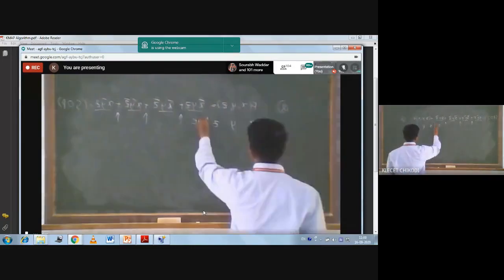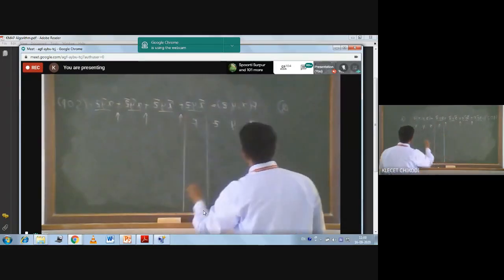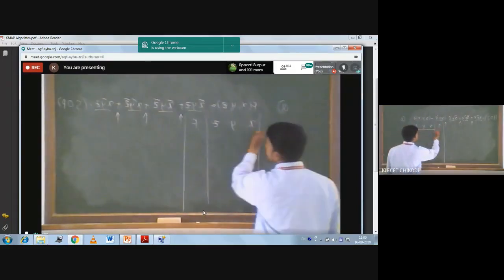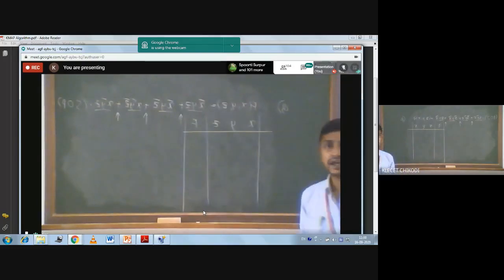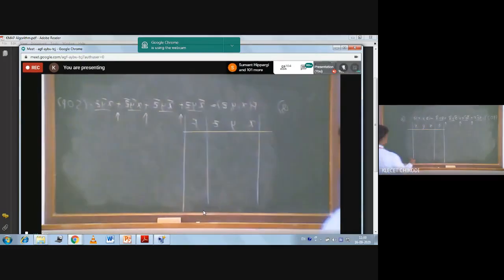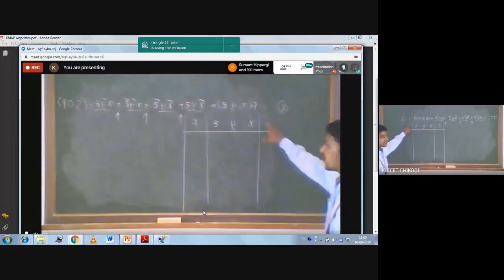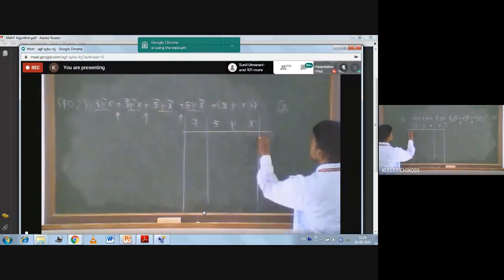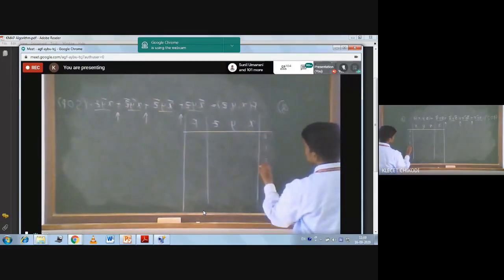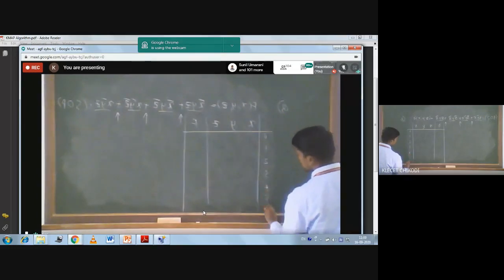Now you have to draw a truth table for this. For the given problem statement, you have to draw a truth table. You have to draw a decimal equivalent number also here, that is 0, 1, 2, 3, 4, 5.